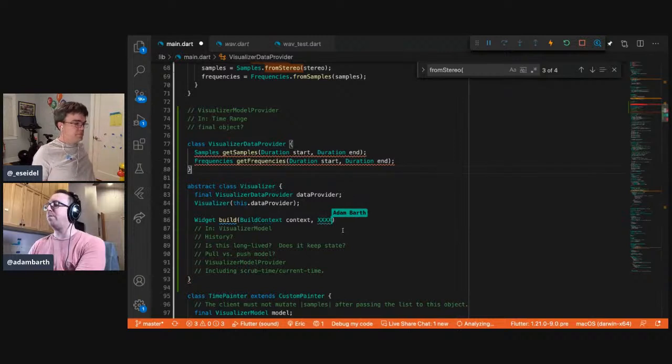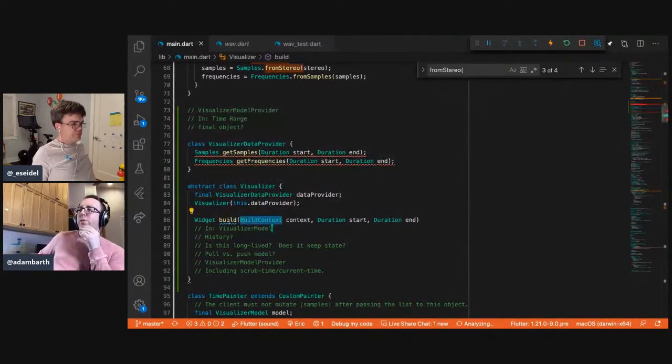And then you need something else here, right? Are you just getting the actual double value, like the current time? Maybe you get a start and end. Like there's a certain amount of time on screen now, and we want to show it to you.